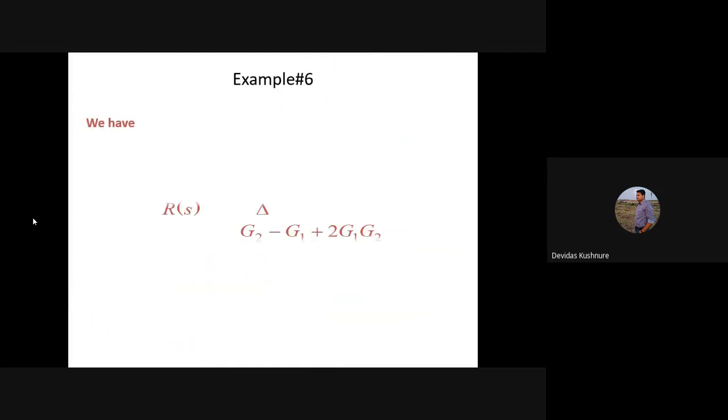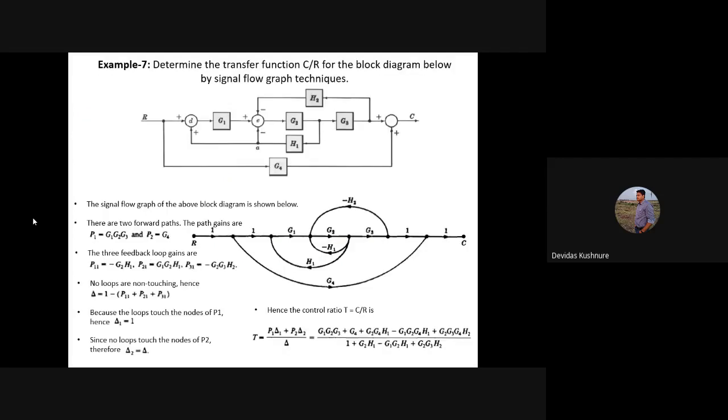So this is the way a signal flow graph can be solved. This is one more problem. You can see the block diagram is converted into a signal flow graph, and it has been solved. There are a number of variables which we have, and we can connect the signals coming to that particular variable and the signals going out from that particular point. So converting a block diagram into a signal flow graph is a very easy job, but